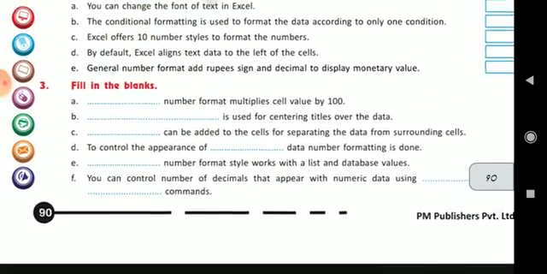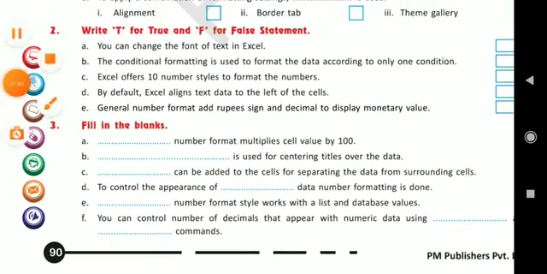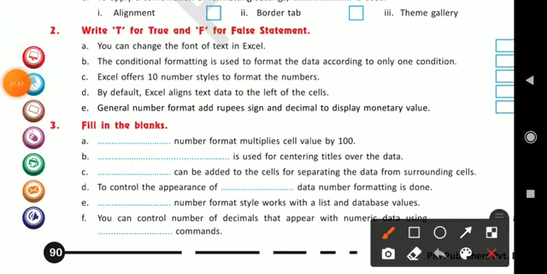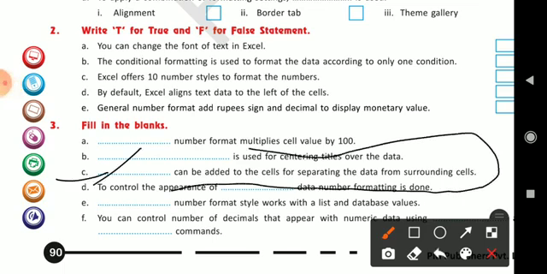Easily, if you want, you can write from the fill in the blanks, C1: border can be added to the cells for separating the data from surrounding cells. Clear?